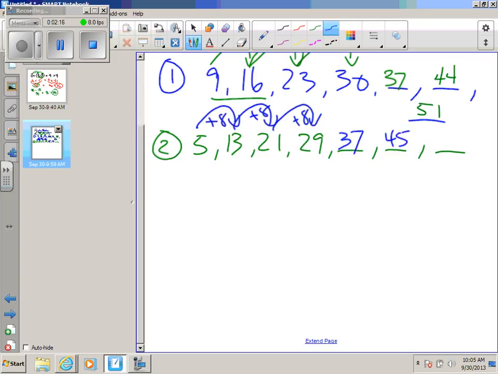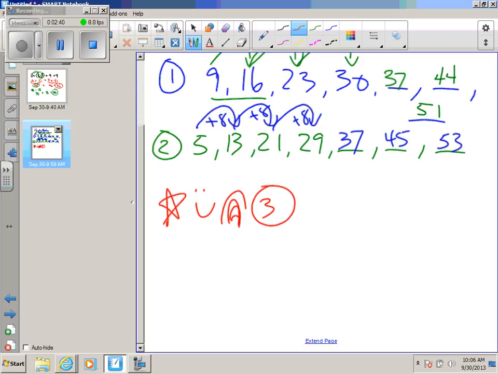And then? 53. Good. Don't make mistakes on the easy ones, please. Right? Adding 8. You can't miss those. Cannot miss those. And finally, put a star. Put a smiley face. Put a rainbow. By number 3,